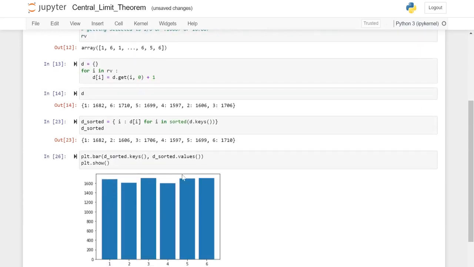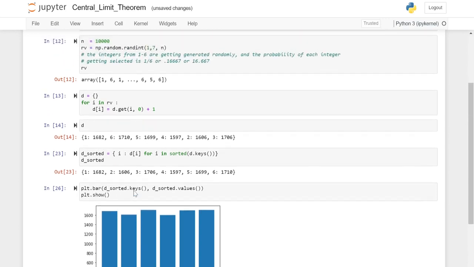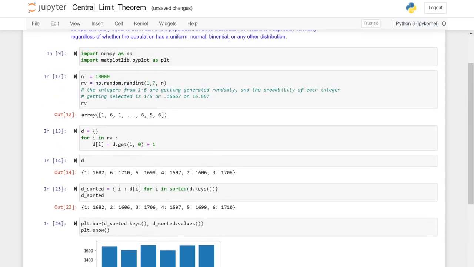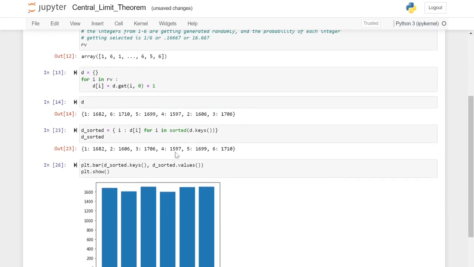What are we trying to prove here? We are trying to prove that when we randomly generated 10,000 numbers between 1 and 6, all the numbers are getting generated equally. And if we are not happy with this bar graph because the sizes are not the same, what we can do